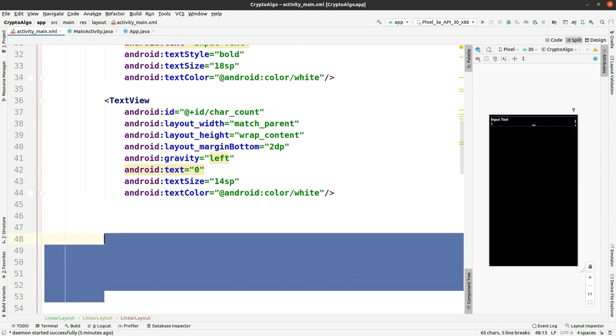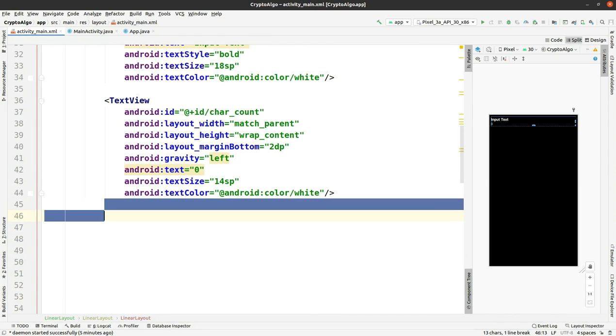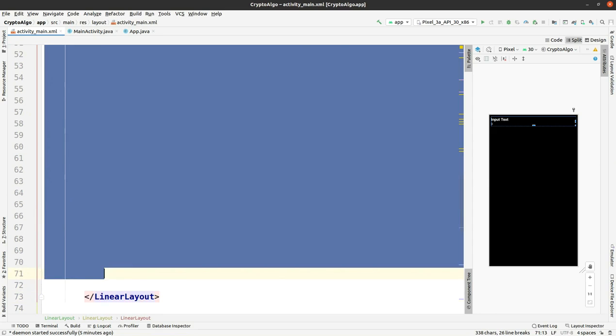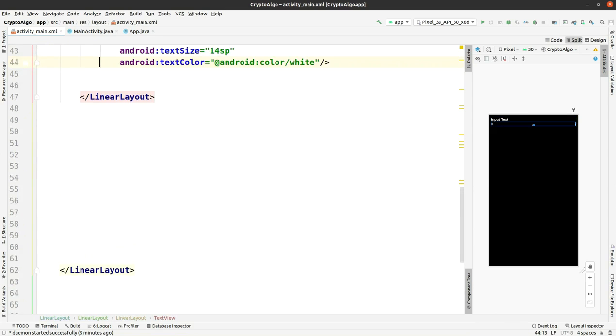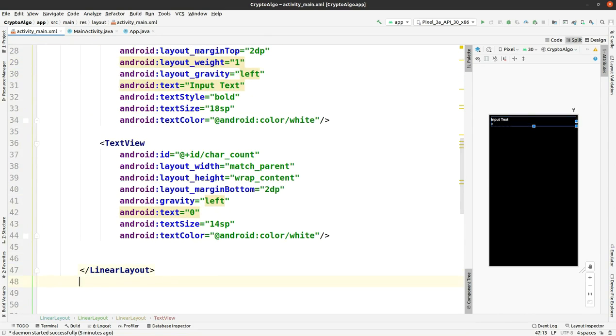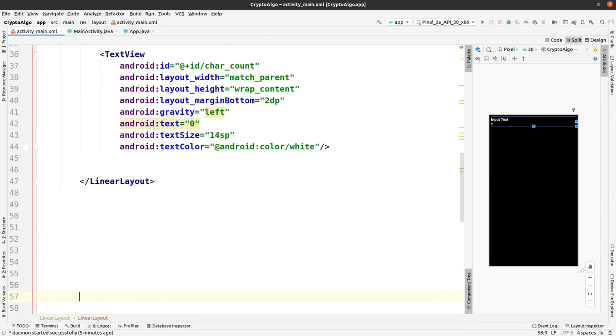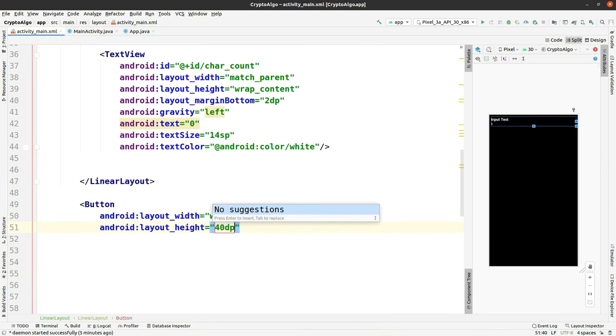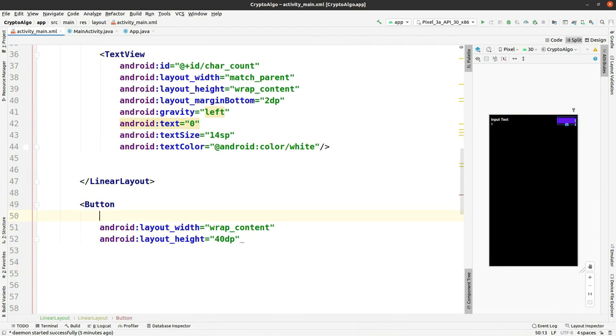So this text view is also completed. Let me remove this extra space. You can see that there is lots of extra space there. After that we are out of one linear layout, and after that we are going to add a button here, and we will be giving the width and height as wrap content and 40 dp, and the id will be given